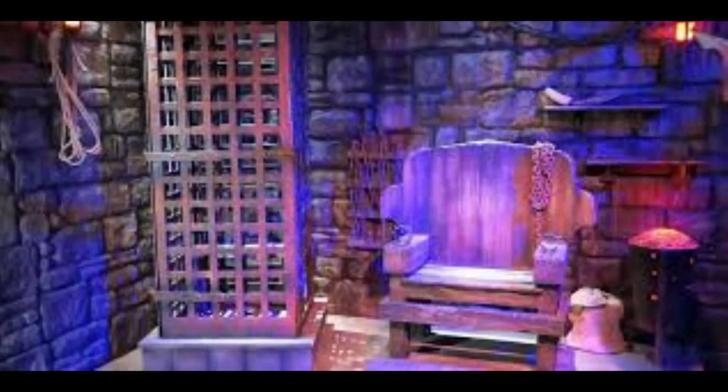Very standard. It's always the same script in the last 3 I've done, which is Warwick Castle, London and Alton Towers. They've all had the exact same script, where obviously he demonstrates all the torture equipment,